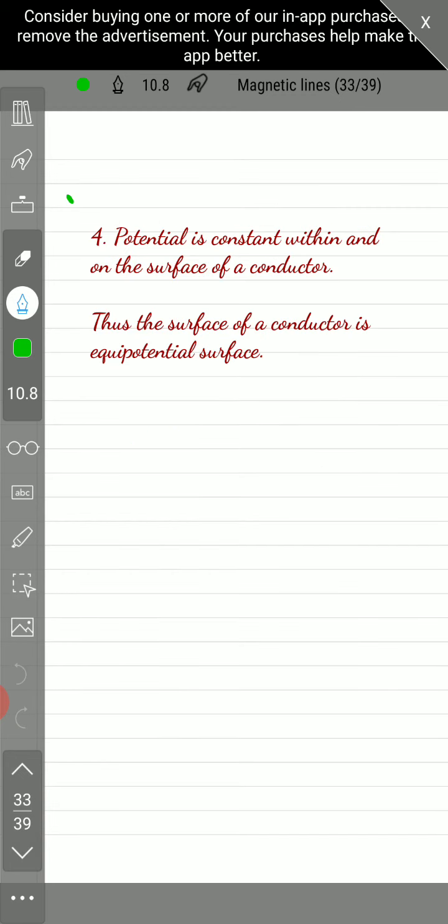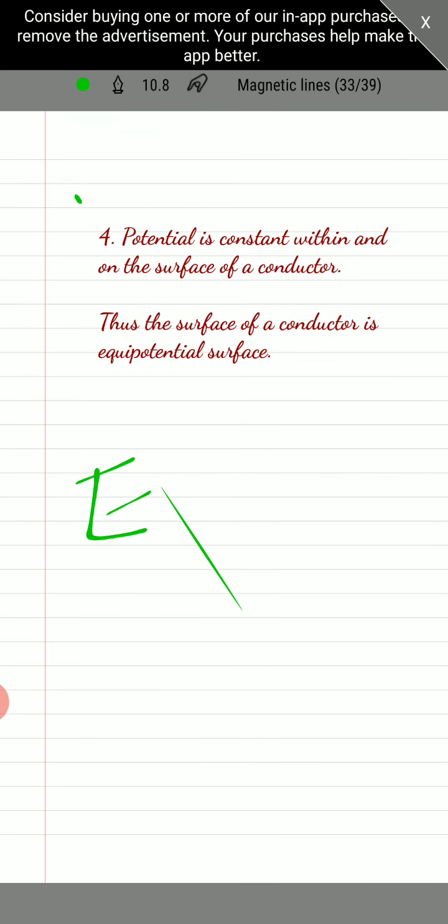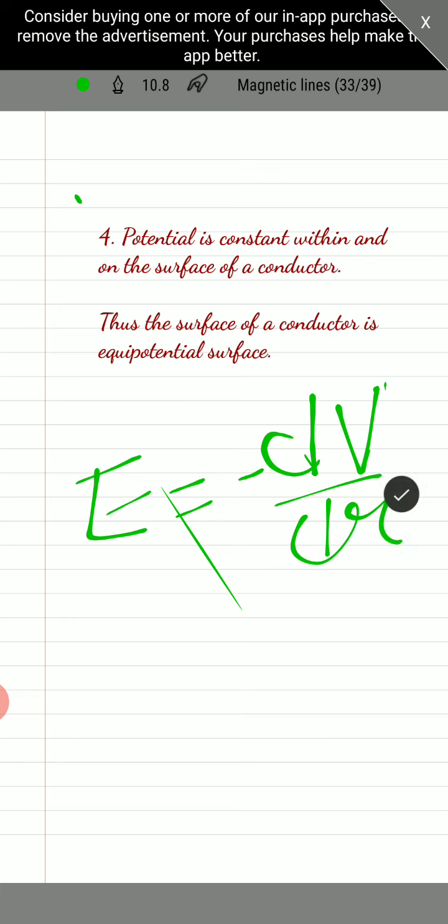Fourth point is that potential is constant within and on the surface of the conductor. Means, on the surface of the conductor, the potential at all points would be same. In other words, it will be an equipotential surface. How can we say this? We have already learned the relation between electric field and potential, which is given by E equals to minus dV by dr. This relation we have already studied,